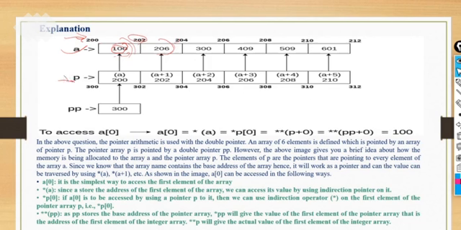Now p is a pointer. Some addresses will be there, like we have assigned a plus 1, a plus 2, a plus 3 and so on, at some memory addresses. Let's assume these memory addresses are 300, 302, 304, with the same difference of 2, because it is also of integer data type. So in the place of a, we have the address of a.